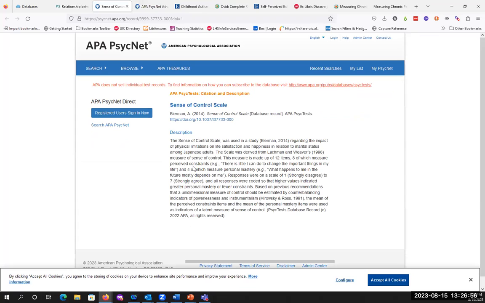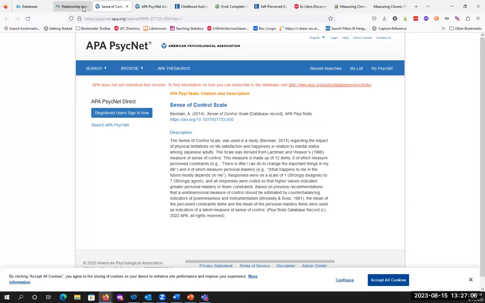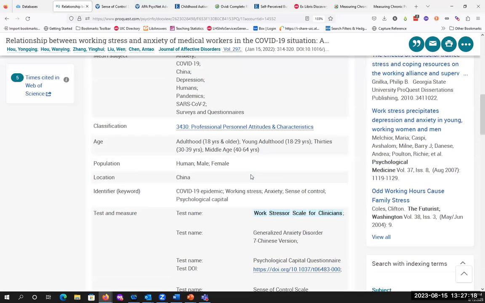Okay, here it is. So they don't sell tests. It's more information. It just gives you a little bit of information about it. I don't know if that's going to be helpful. But then, okay, I have the name of the scale, and then you'd have to start doing the digging around to see if you can find the full text. So this at least